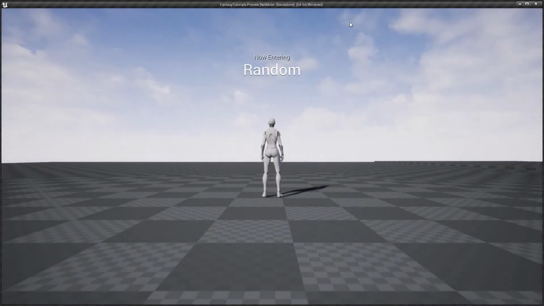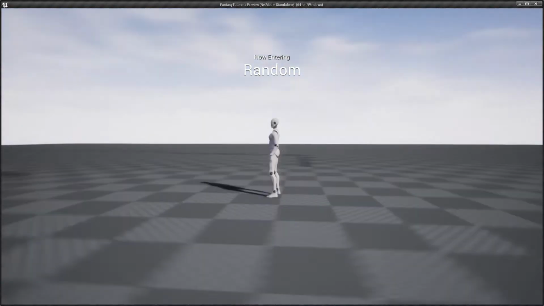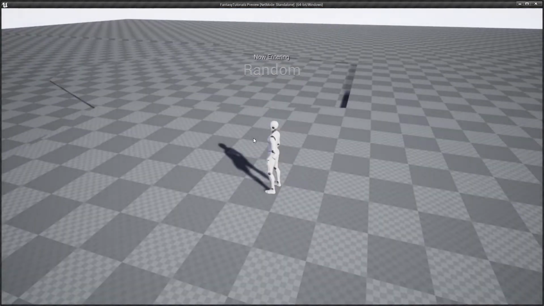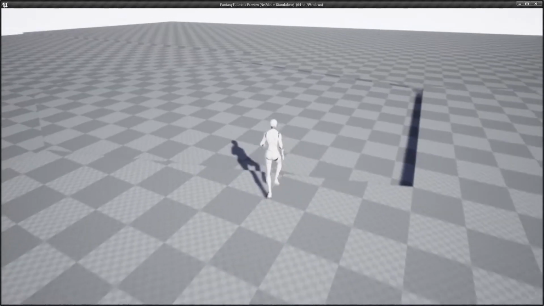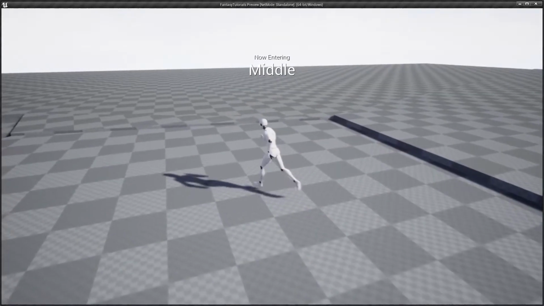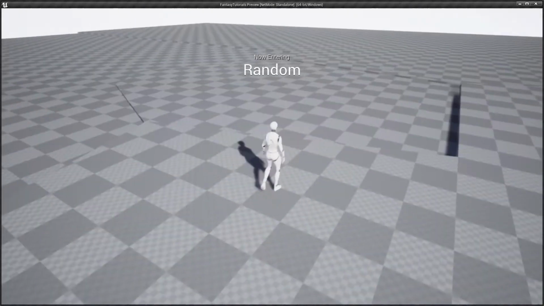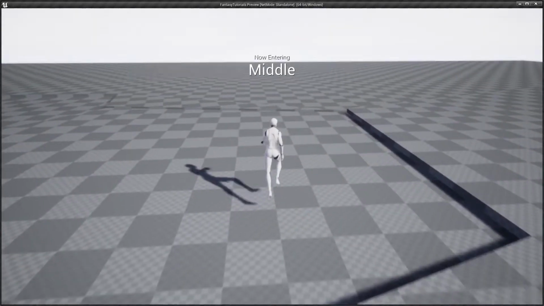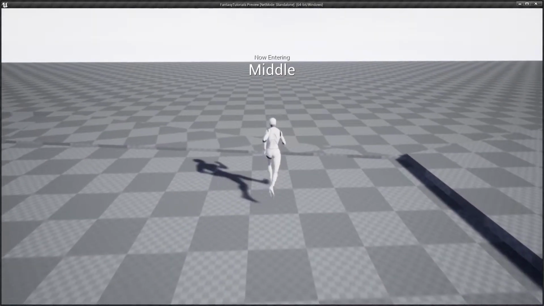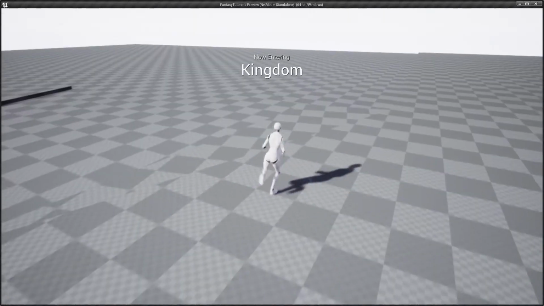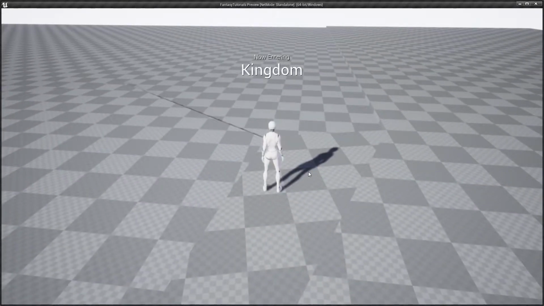As you can see, we start the game, and it recognizes, hey, we are at a random place now. This area is called Random. Now I walk to the middle part, and it shows me, okay, now entering Middle. I can go back, and it will take me back to Random, and back to Middle. I go over here, it takes me to Kingdom, and then we have this so-called world name, which is like